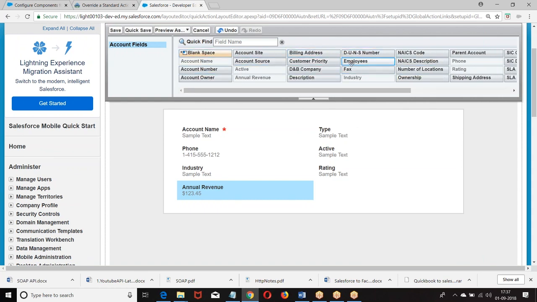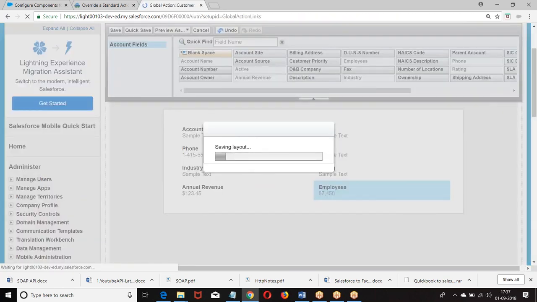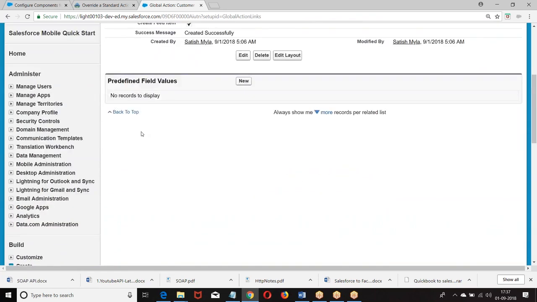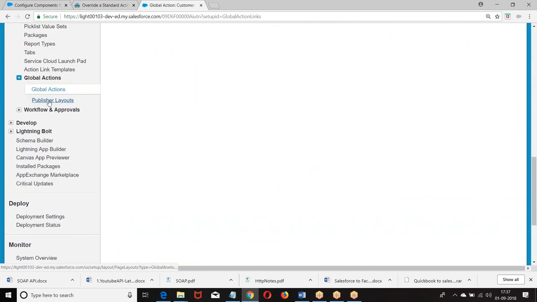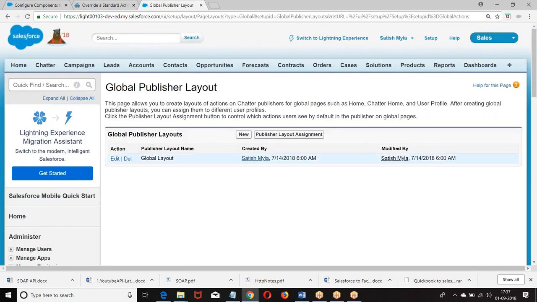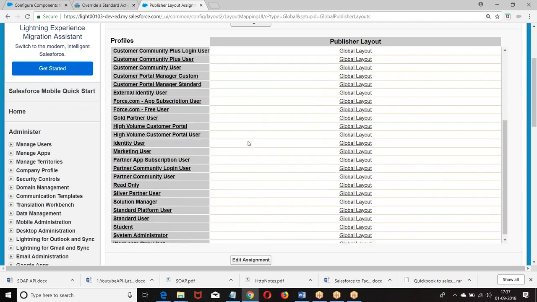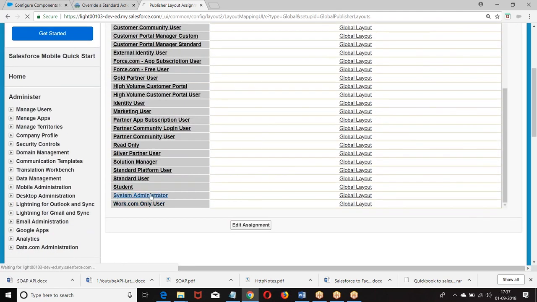Number of employees. So when you say customer, a new account will be created. So the moment you create this action, I have to publish the publisher layout. Publish it.